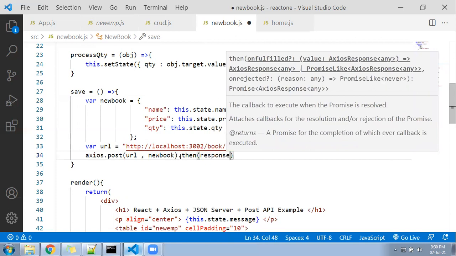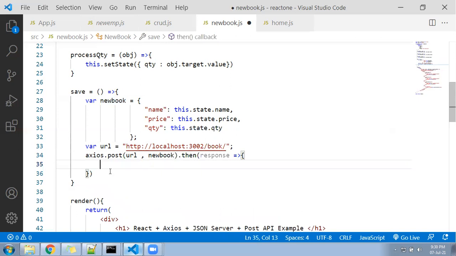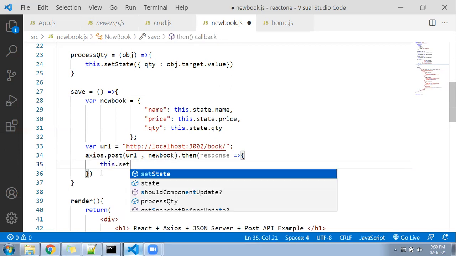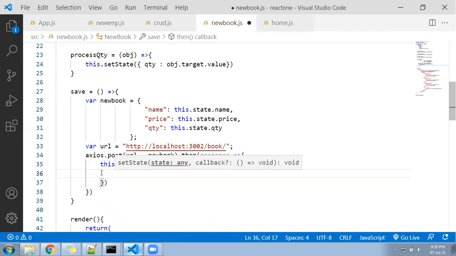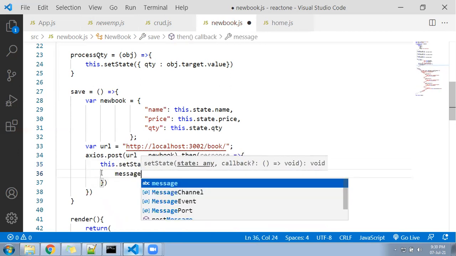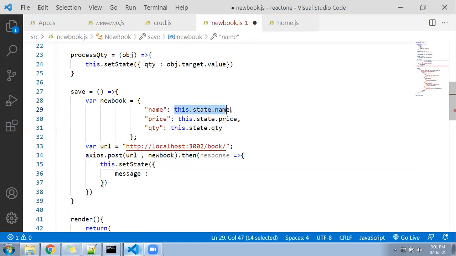Now look, at this point I will call the state. I'll write here this.setState, and inside the setState I have a message variable. To the message variable we will be posting like this one, because we need to display the message also.